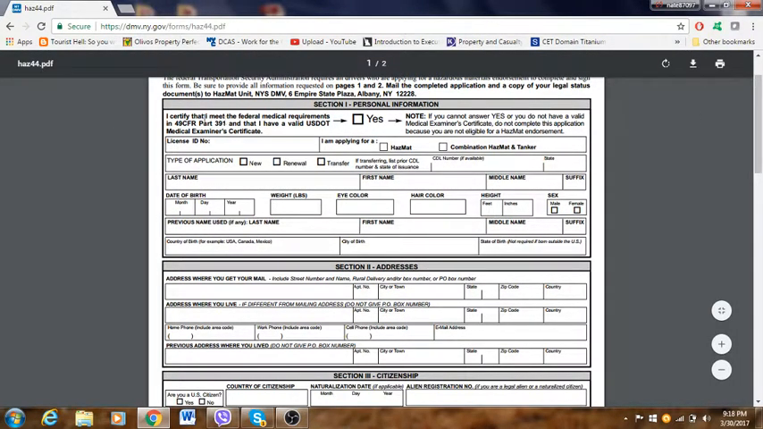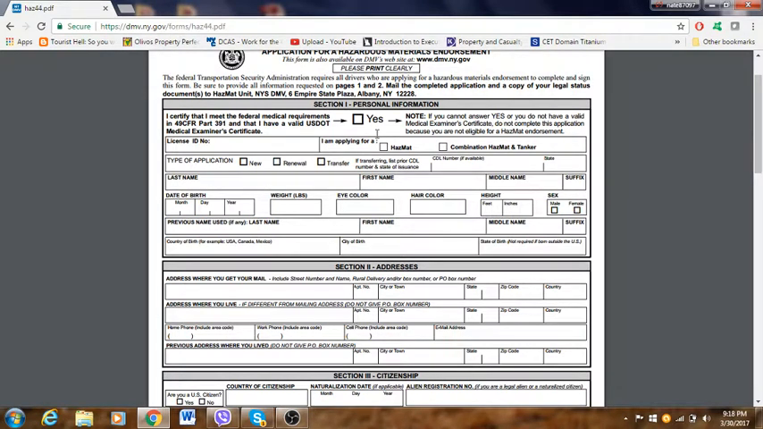It says, I certify that I meet the federal requirement in 49 CFR Part 3 and have a valid U.S. medical examiner certification. For those of you that don't know what this is, it's basically a medical certification for those people that have a commercial driving license. So every 2 years or 1 year, depending on your status, you actually have to do a medical certification from